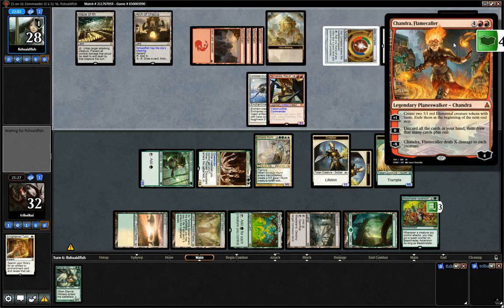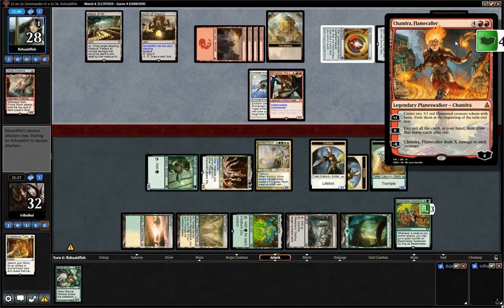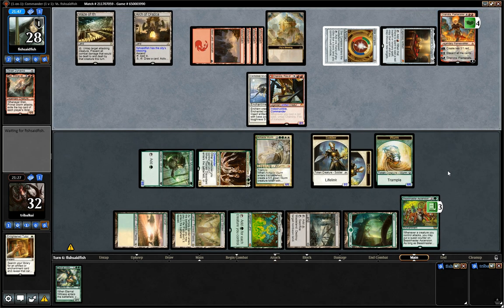That is discard all cards in your hand and draw that many cards. That's the 0 ability. Or they can throw out 2 3/1 elementals with haste, but they get exiled at the end step. And then -X is deal X damage to each creature. I think we are aiming for...